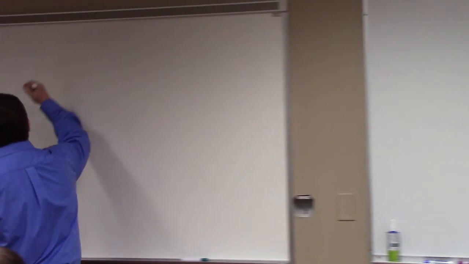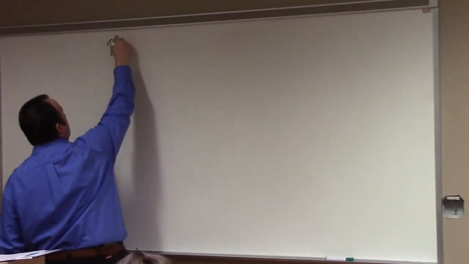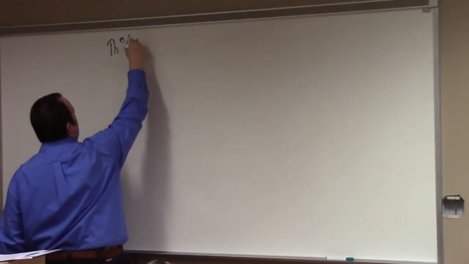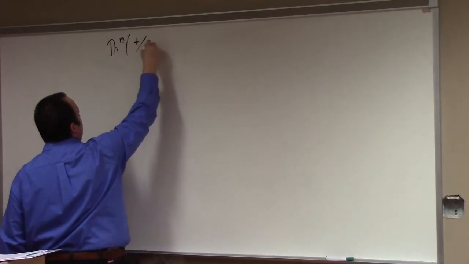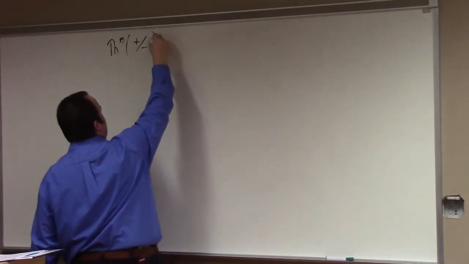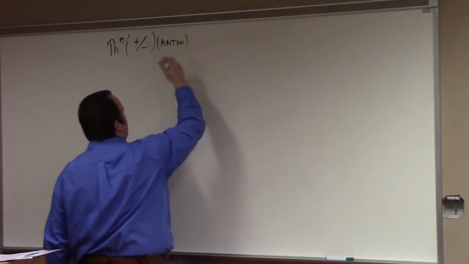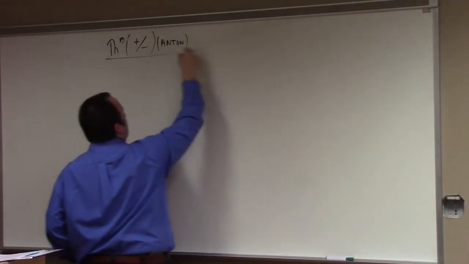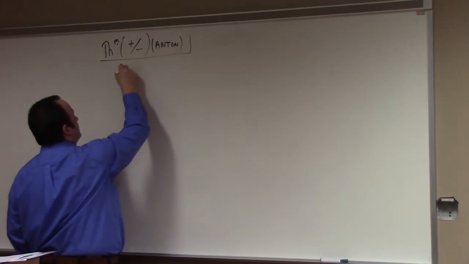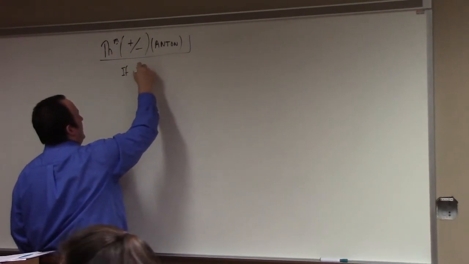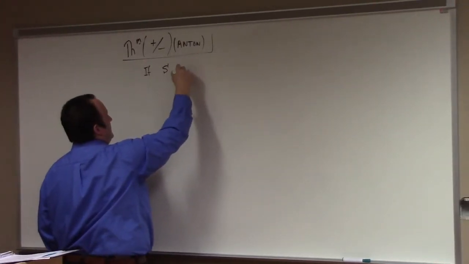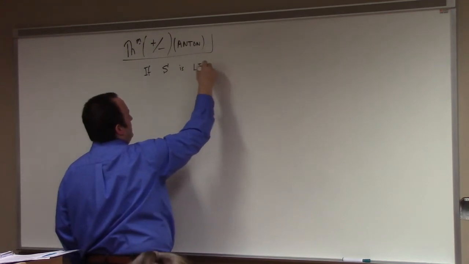All right, where are we? So, theorem. This is sometimes called the plus-minus theorem, at least in Howard Anton's linear algebra book. And what does this theorem say? It says that if S is a linearly independent subset